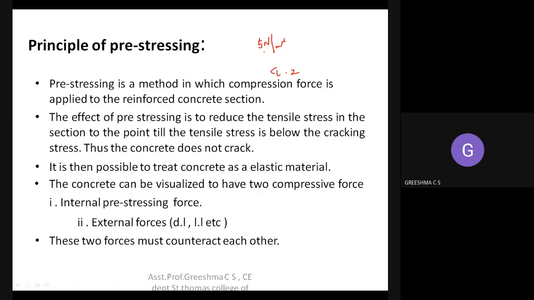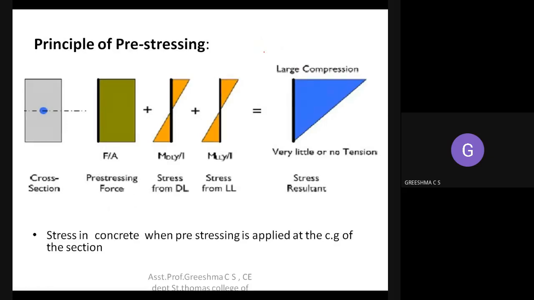Concrete can be visualized to have two compressive forces, internal pre-stressing force and external forces. So in such a pre-stressed unit, you will have two forces: the internal pre-stressing force and the stress developed by the external force. These forces should counteract each other. Now if you take a cross section of a pre-stressed structure,